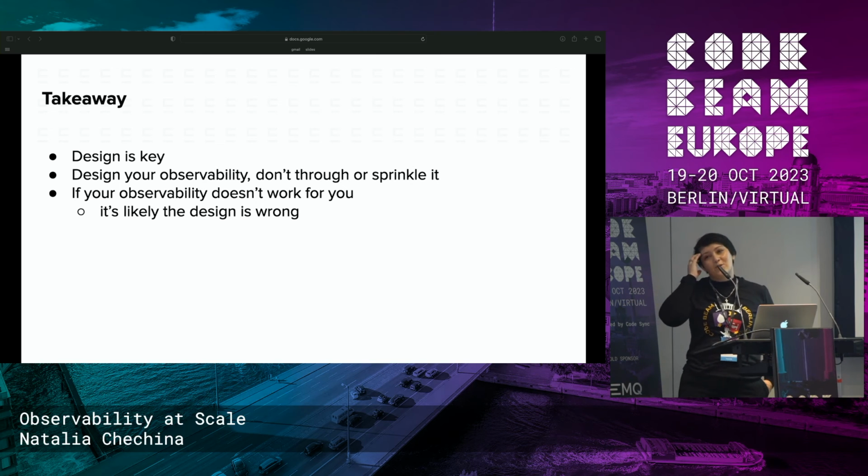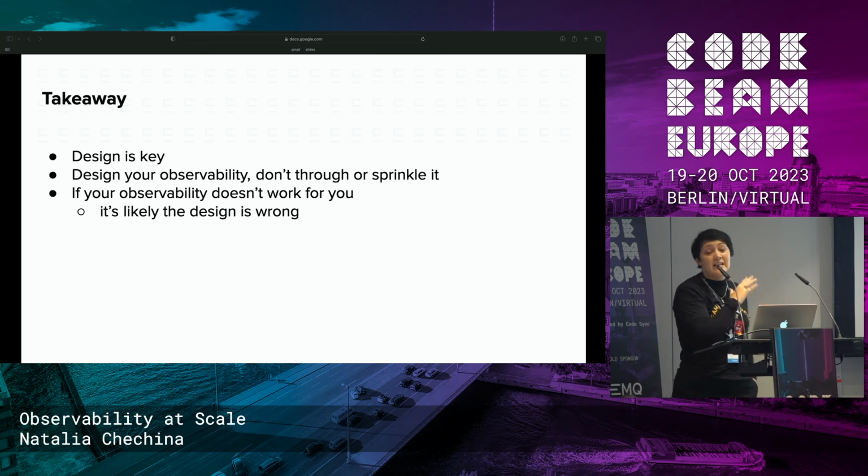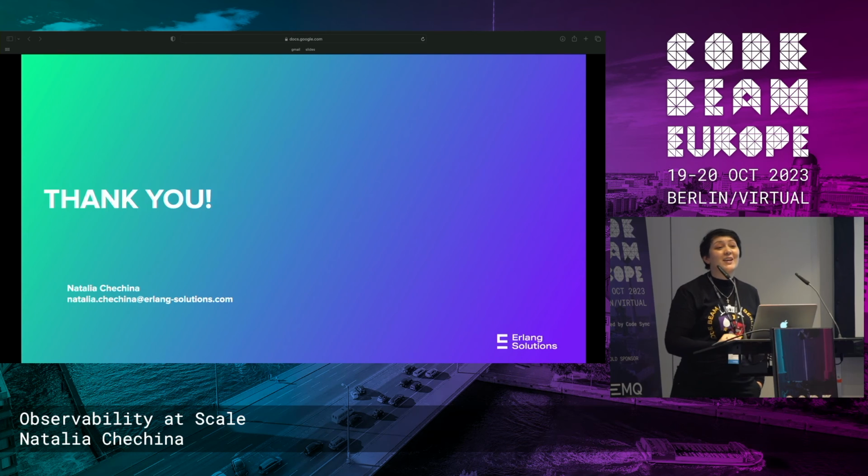If I would like you to take away or remember a couple of things from this talk, this is about the design. Design is the key. You want your metrics to perform, you want to be happy with your metrics, design your system. And then if it doesn't work, then most likely, like 95% of the cases, the design is wrong. So just redesign it, and life will be beautiful. You will sleep at night, you will work during the work hours, and just ask Francesca, he will confirm that. So thank you very much.